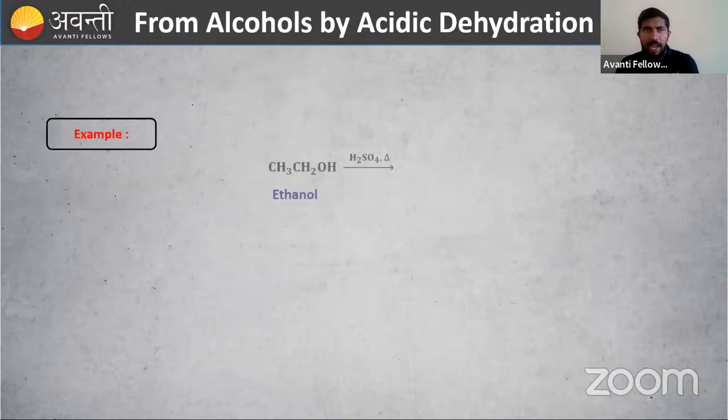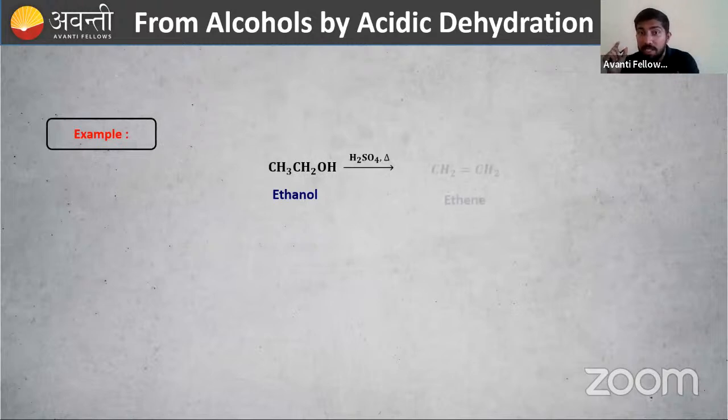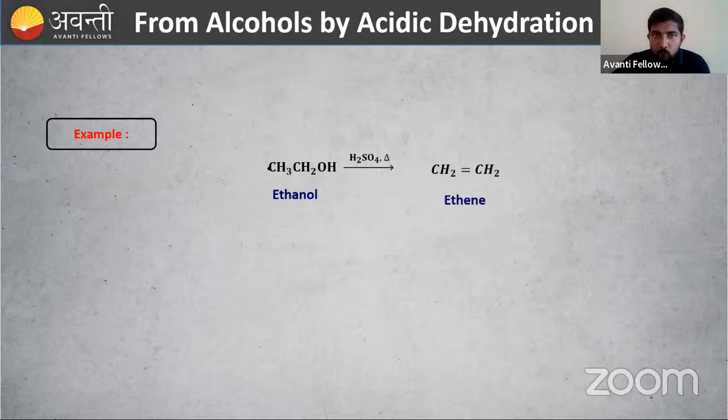Then example for you, you have CH3, CH2, OH. Leave the mechanism. What you have to do? There is OH, there is hydrogen, alpha carbon, there is OH, beta carbon, there is a hydrogen. Remove hydrogen, remove OH, then you will get the product, that is our alkene. So I'm removing hydrogen from this carbon, then OH from this carbon alpha, this is our beta.